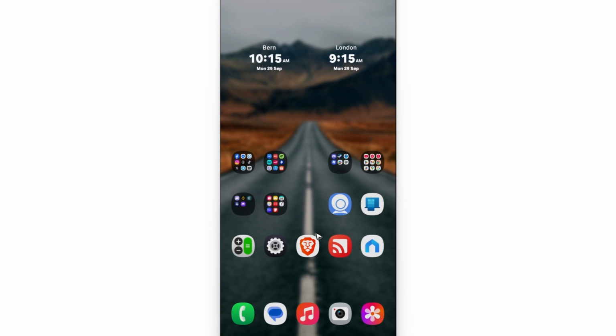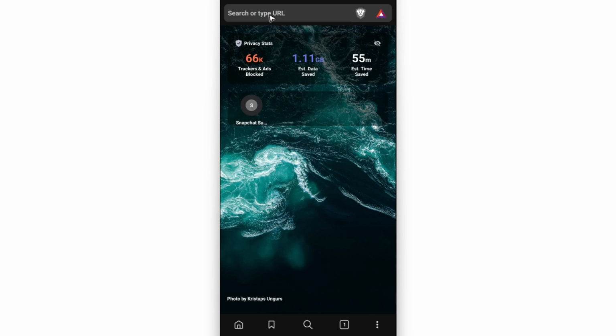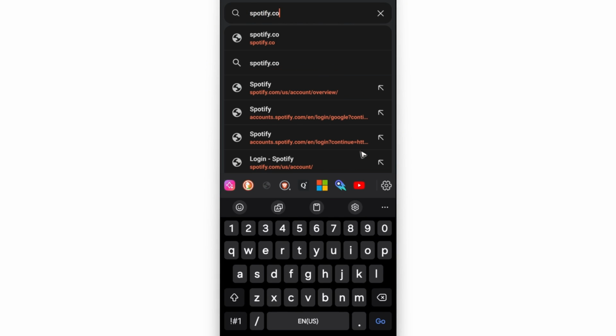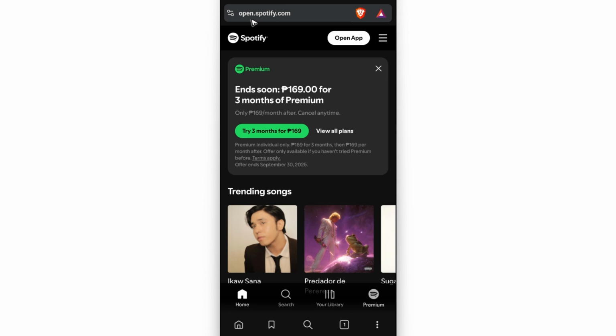Now first up, you don't need to open up the Spotify app. All you need to do is open up your phone's browser. Okay, tap on it, wait for it to open. Now go ahead and go to the URL box and type in spotify.com. Alright, once that's done, hit on find or go, wait for it, and you'll be landed on the open.spotify.com